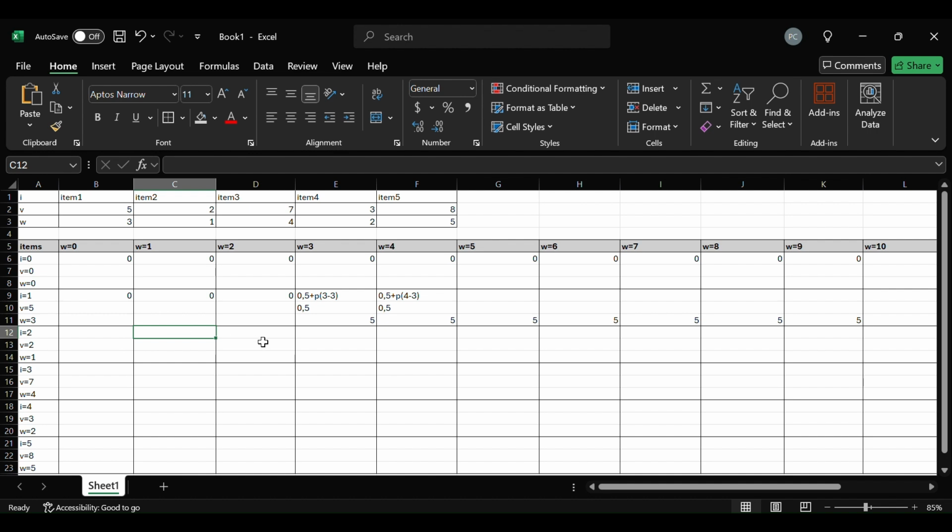So each block is a different situation or a different state. Here, our weight limit is 0. So we cannot pick up any of the items. So our value remains as 0. Here, our weight limit is 1. Since our weight limit is 1, we are able to pick up this item number 2. Right? Since weight limit is 1, it does allow us to pick up this item number 2. So we'll be making a decision here between did not pick up, so did not pick up is 0, versus pick up is a value of 2